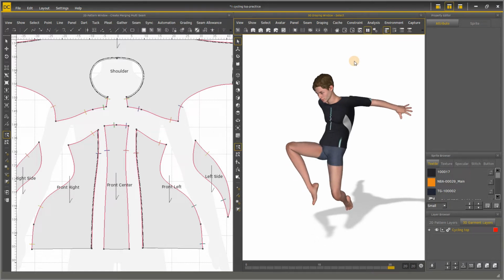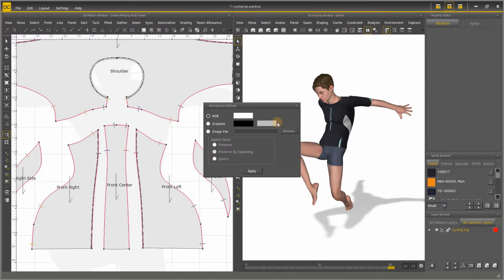If you want to export the animation, we can set the background in the Environment Background setting to Gradient or your own image.